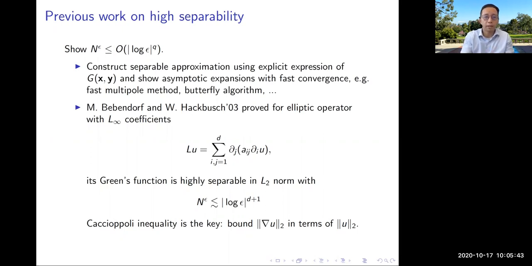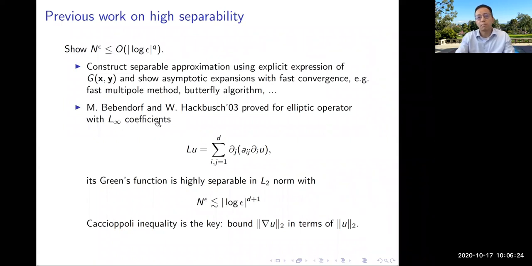Although the optimal n epsilon, which I try to emphasize because later we'll use this, may be far away from the particular basis you choose. Although you show it is highly separable, the representation you choose may not be the best one. To find the best one involves some work, and we'll see later whether it's worthwhile. For example, the fast multipole method uses the polynomial basis, so you already know how to compute those coefficients very fast. That's a good thing. But again, for some problems, the number of terms you use in that expression may not be the minimum.